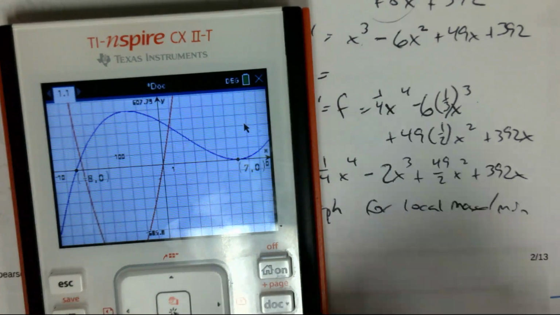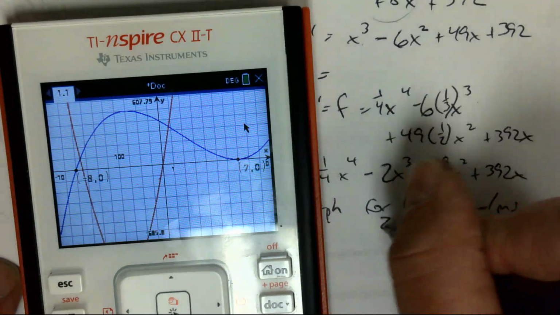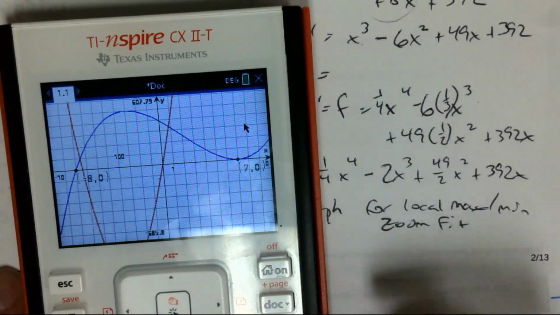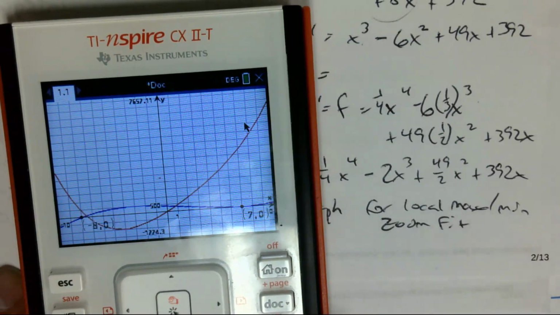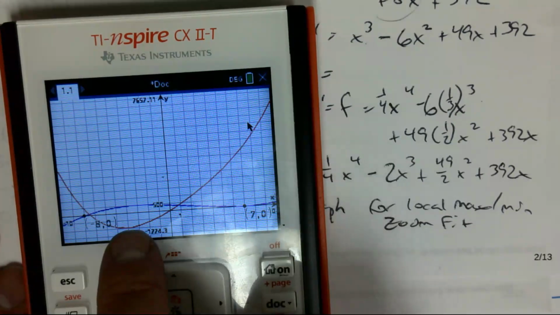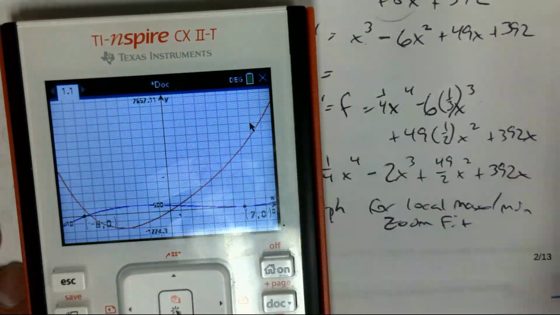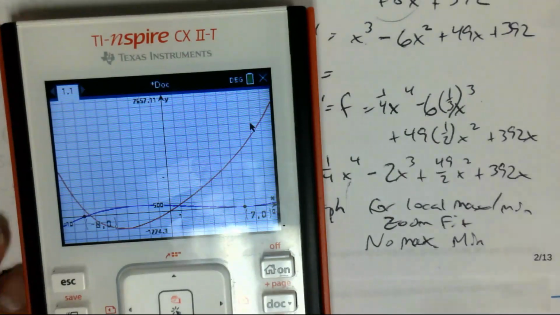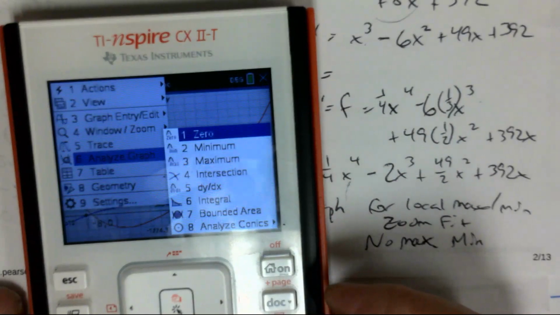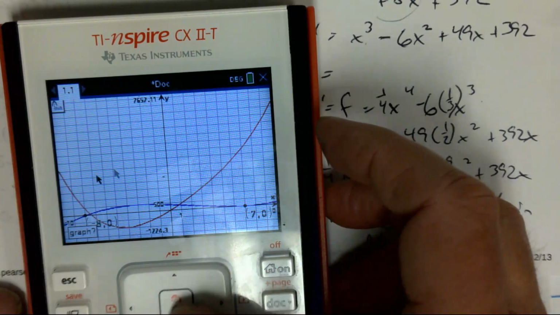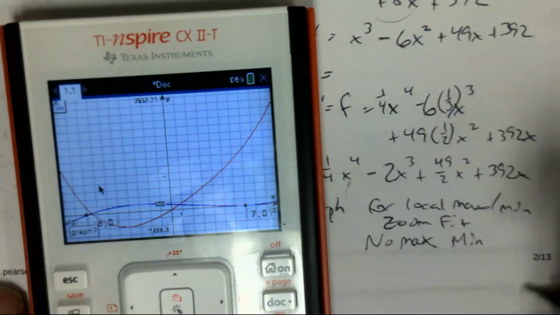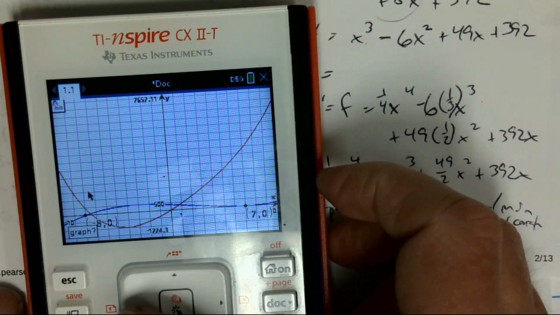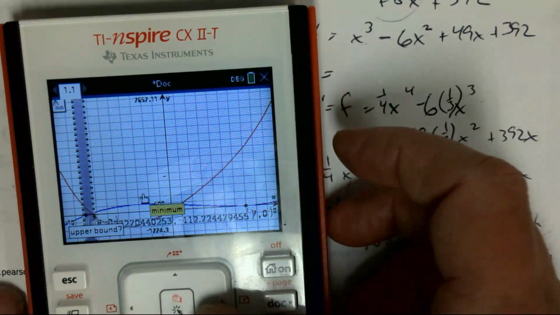Here I'm going to do zoom fit again. Okay, and we need to find where the minimum is. By the way, it's open like that and there was no maximum. And then the min is go to minimum. It's asking which graph, and so we say the red graph. And then between here and here,